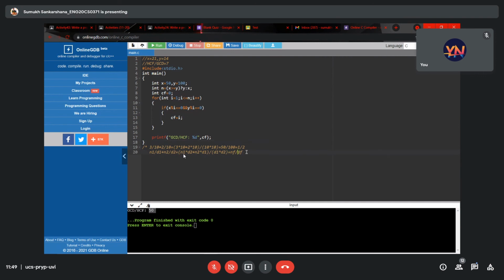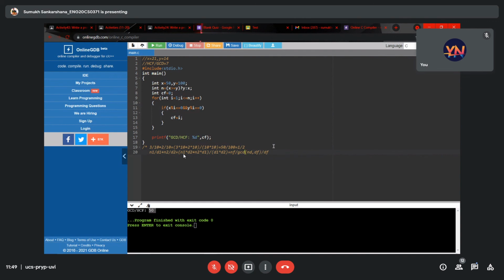So what we have to do is, this is actually not the final, but the final of the sum. So you have to divide this by the GCD of the NF and DF.